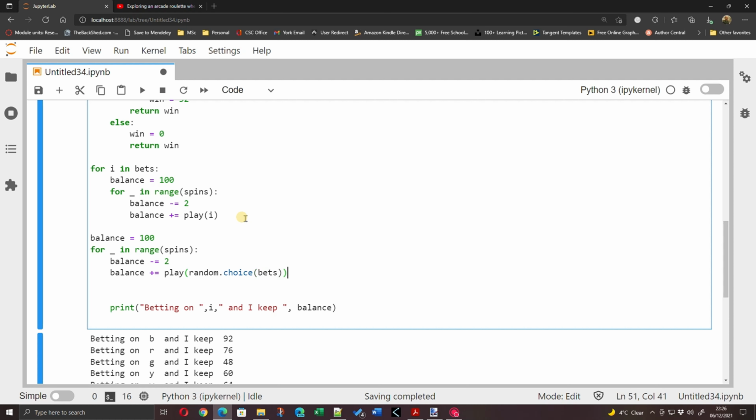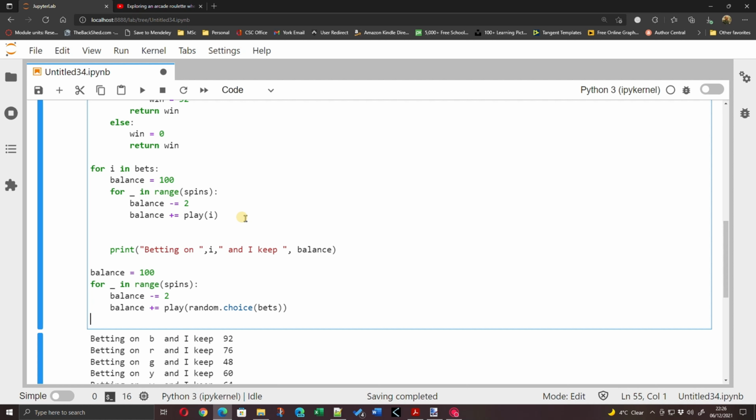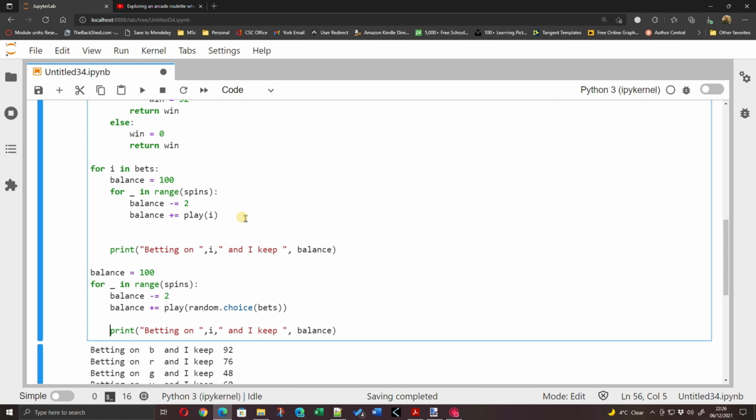So I'm going to randomly pick what I'm going to bet on, and I'm going to do that 50 times. So if I move this code, cut and paste it underneath, this time I'm going to say betting randomly,